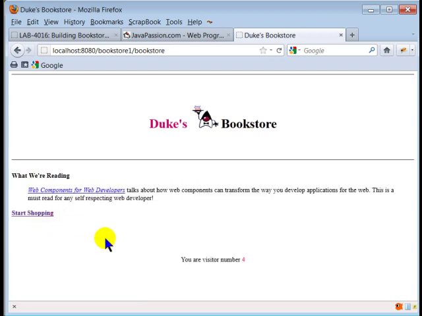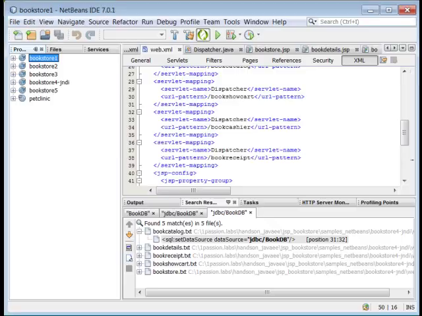So very simple application. And because I'm starting again, it's giving you a visitor number of 4. Okay, all right, so that's the application. When you run the application for the first time, it will go to the Bookstore. So I'm going to explain this application step by step. So when you run the application,